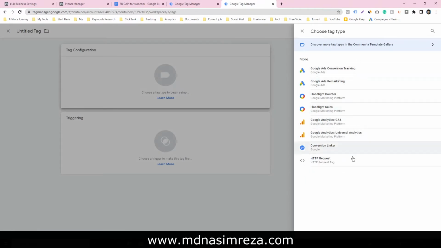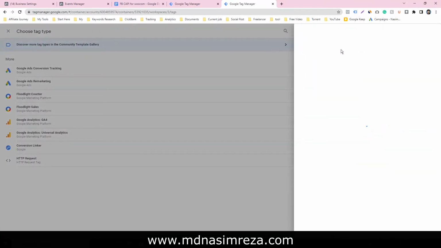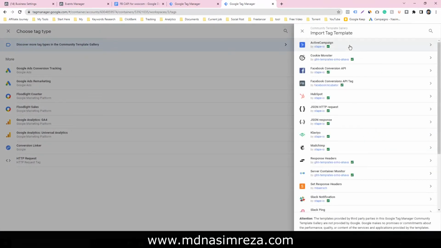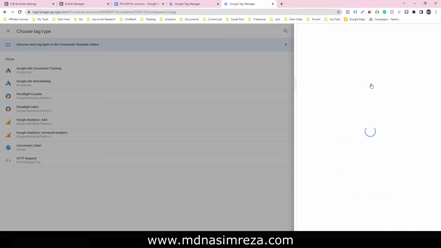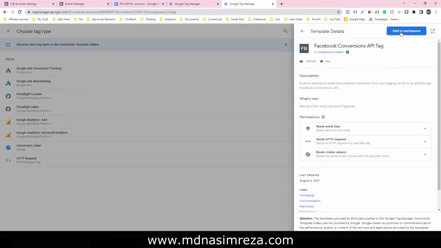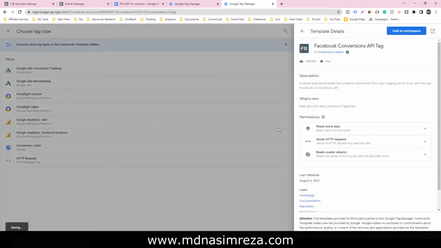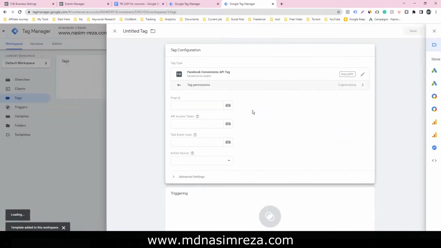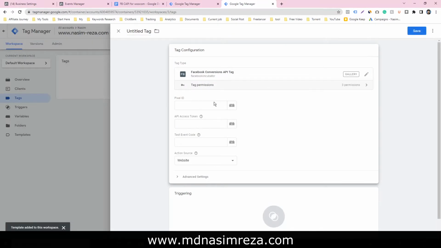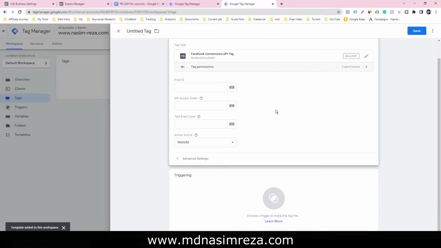Here there is no Conversion API, so just click on discover more in the gallery and select this one, Facebook Conversion API by Facebook Incubator. Click on that, add to workspace, and click on add. So here are some boxes that we have to fill out.